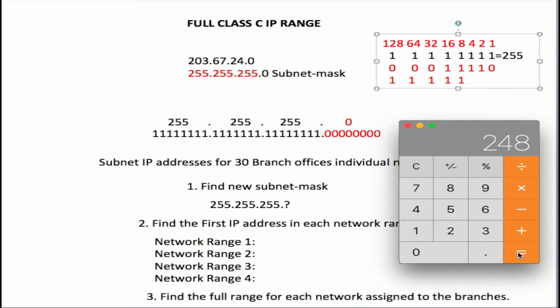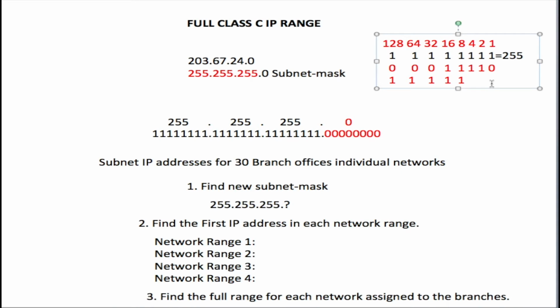So that would be 248. So the number here would be equal to 248. So I'll put that number there, 248. And also here, the subnet mask will be .248. So now we got a subnet mask of